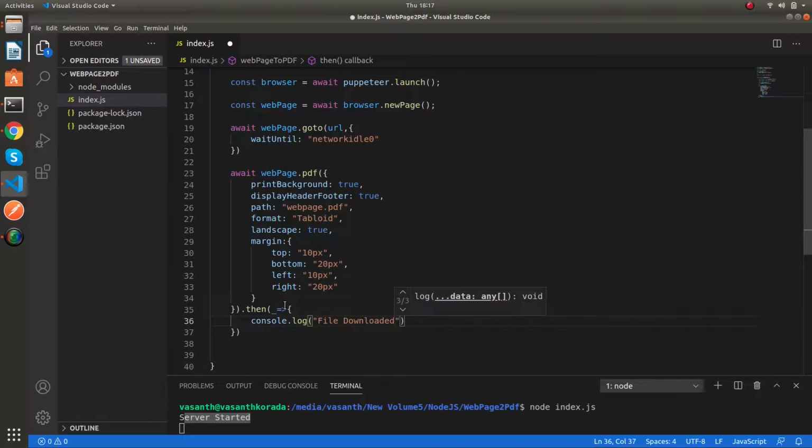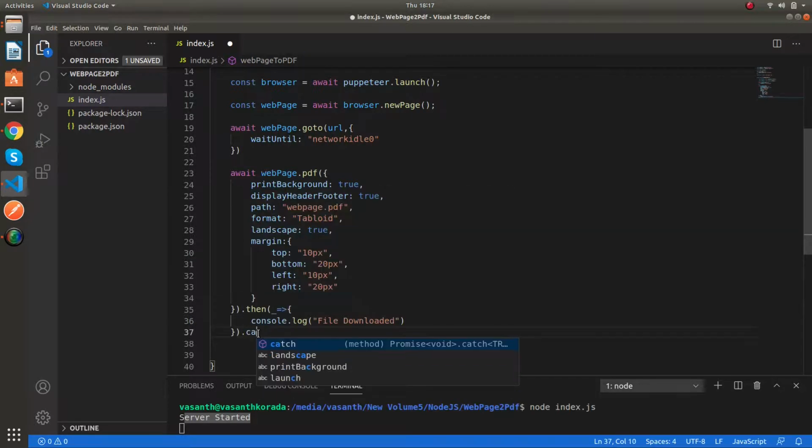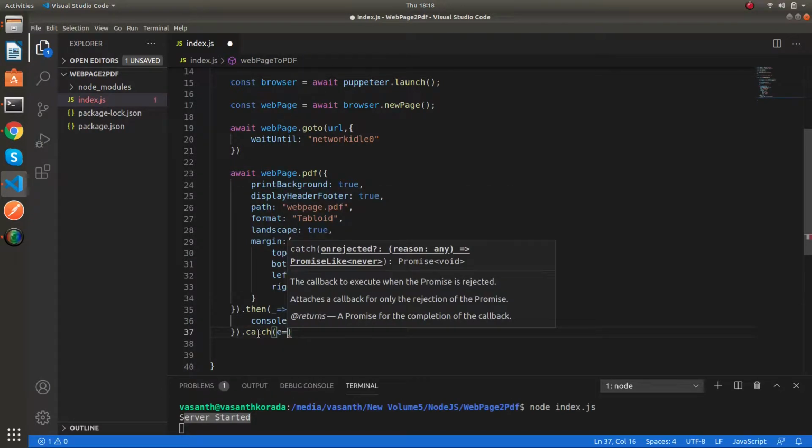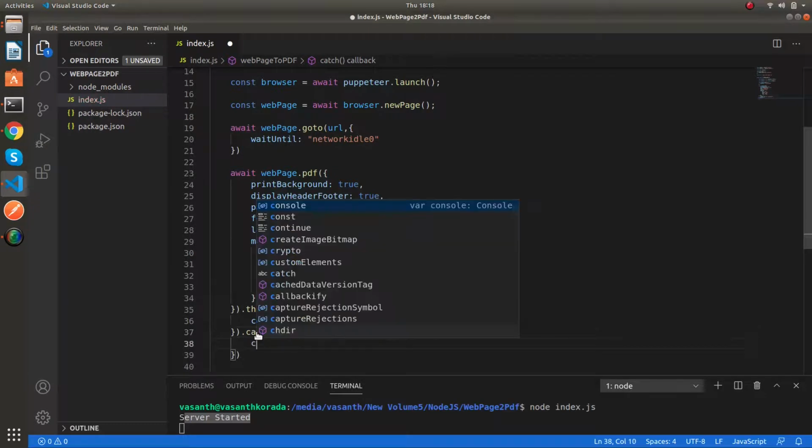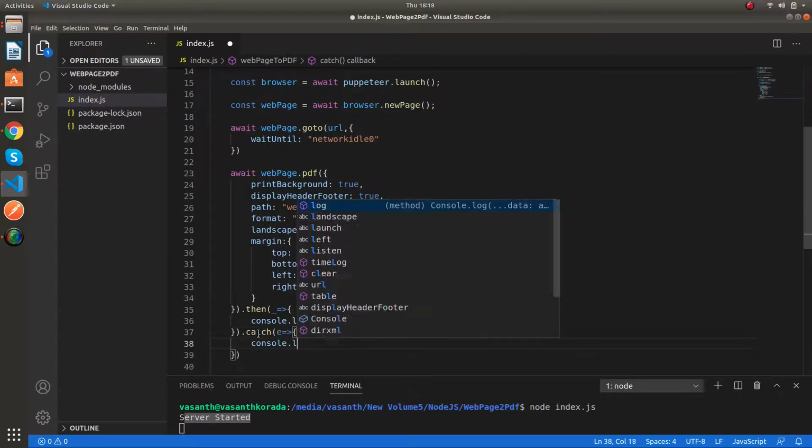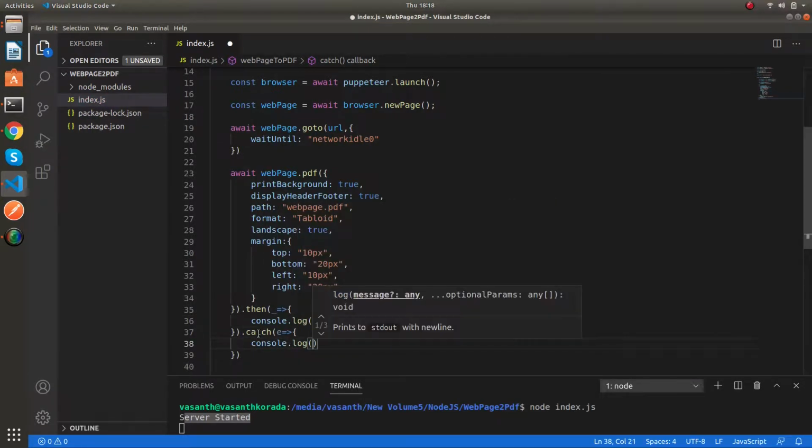Else if there are any errors, I can catch them. I can print that error.